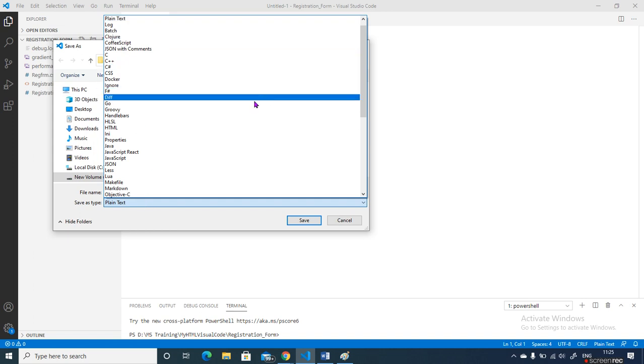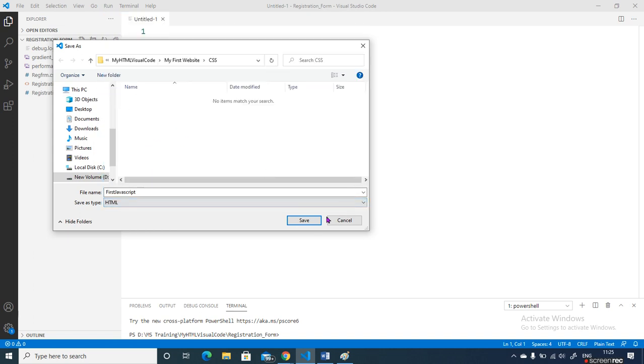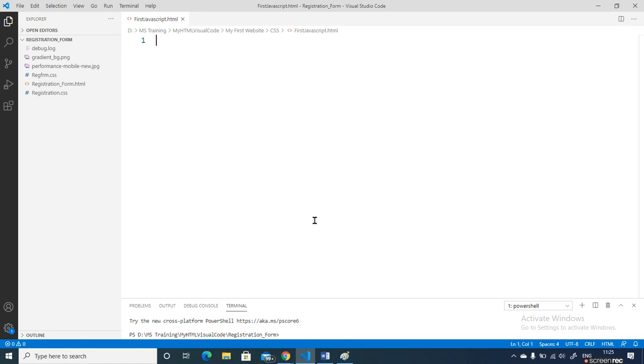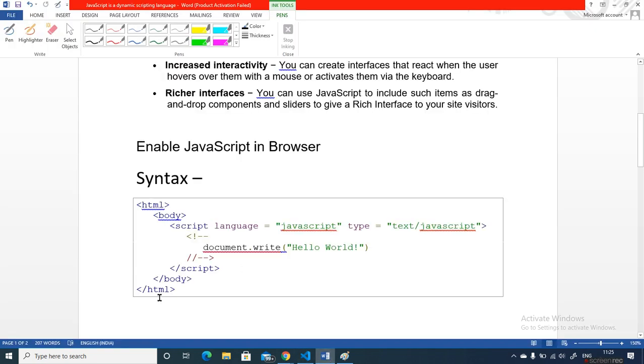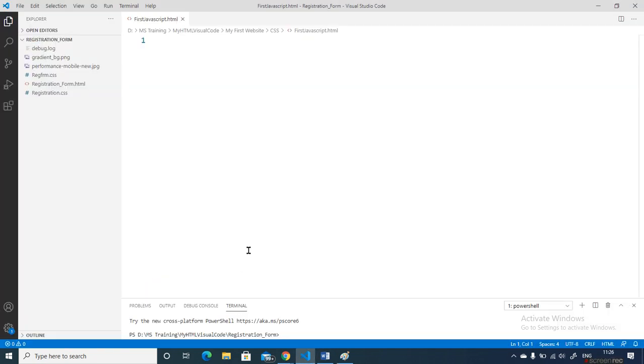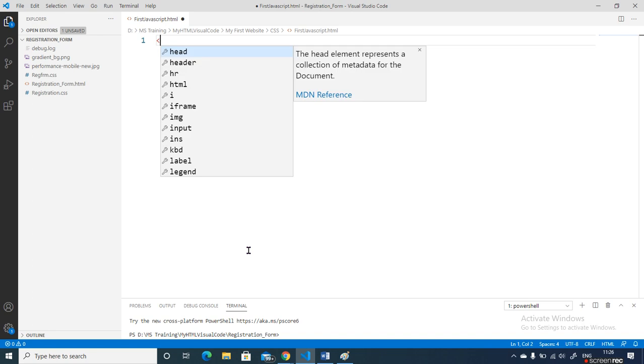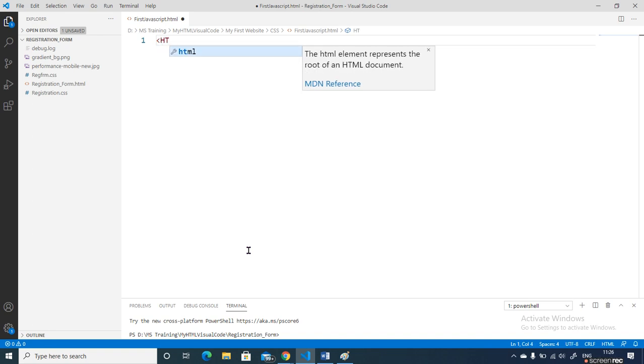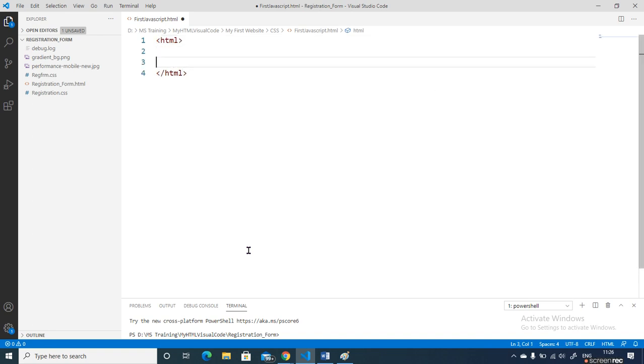First, as per our common syntax, HTML, then we add the head here.